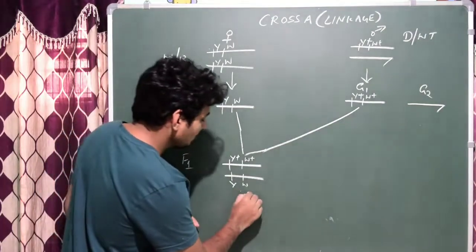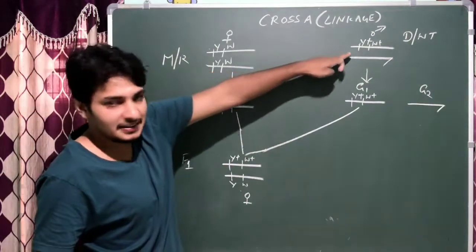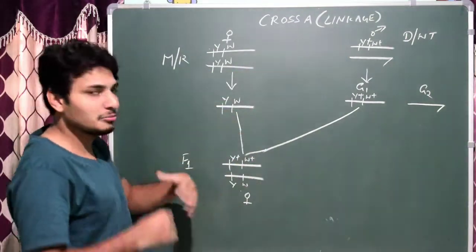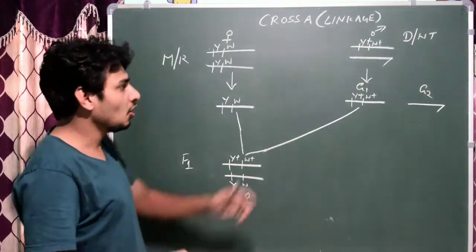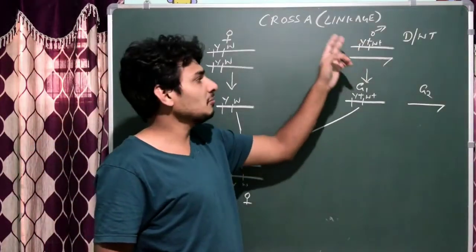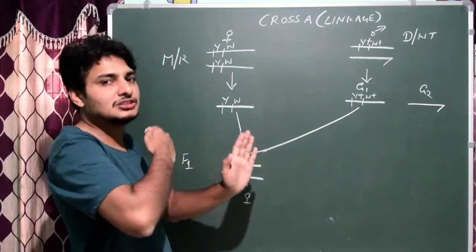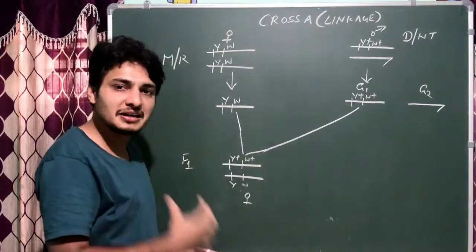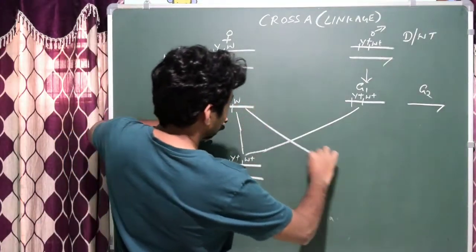The first offspring will be female, but it is exhibiting the father's characters, correct? That means the characters expressed by the F1 progeny, that is the female one, are inherited from the father. So the sexes are now changing, but the characters are of parental type itself. Remember it, note it.